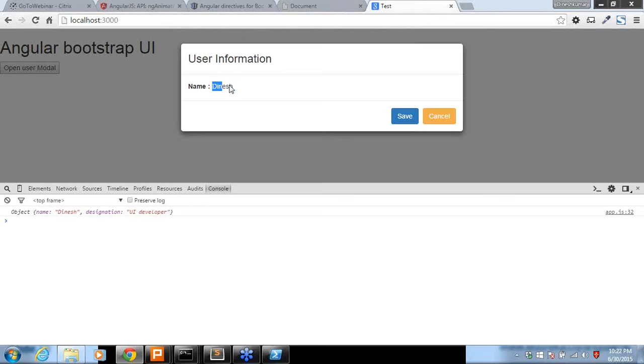Instead of that, you can create it as a ng-model. Display all the models. Okay, this is the model for name and user age, description, whatever it is. So you will be getting all the user information. Whenever you click on the save, I am just passing the name alone. Instead of that, pass all the user information whenever you click on the save. So it will be available in your controller. From your controller, that is your parent controller, you can pass the data to the DB or the server. That is possible.